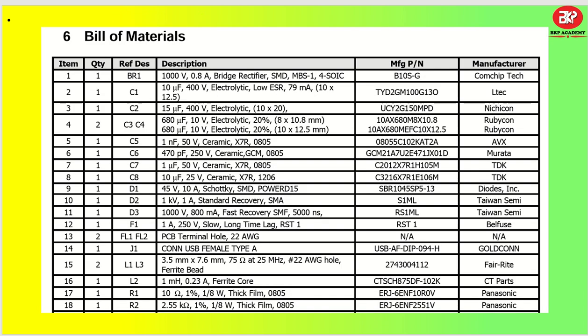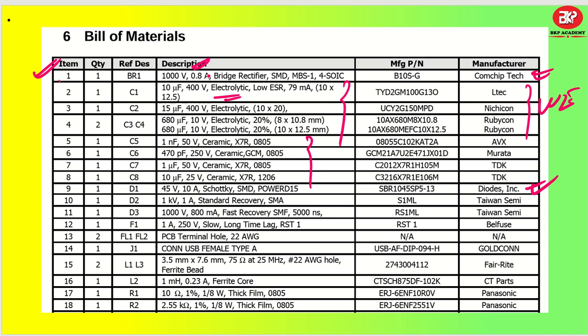If you see the bill of materials, you can identify from this particular table itself, like the bridge rectifier is 1000 volt 0.8 ampere rating. If you want you can choose it from Diodes Incorporated, as I had already told you. We have electrolytic capacitors, and all electrolytic capacitors you can choose very clearly from Wurth Electronics, with all the values you will be able to get very easily. All the capacitors are good, you can take them from AVX or TDK, that is fine.